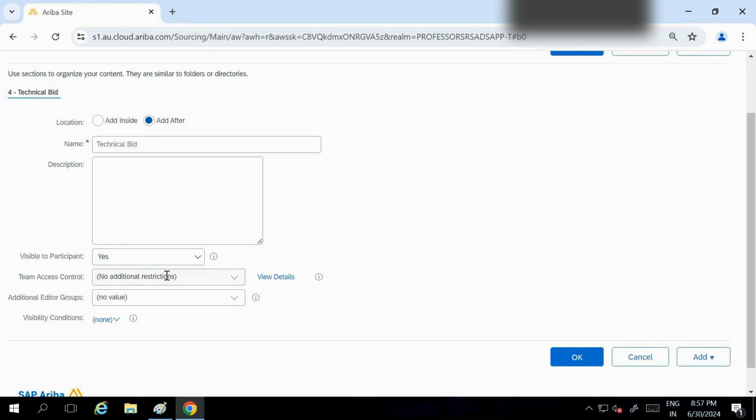Team access control, if you want to give access for a particular team. So I have envelope bidding, at that time I want only my technical team to access this, not the commercial team. Buyer will not access this particular section. So I'll put my technical team here to access this particular section. Later on we will create our finance group, and only the members of that group will access that section. Otherwise no. Visible conditions are important for each and every thing. Here I'll not explain, later on I will show you how it looks. I'll create this section.